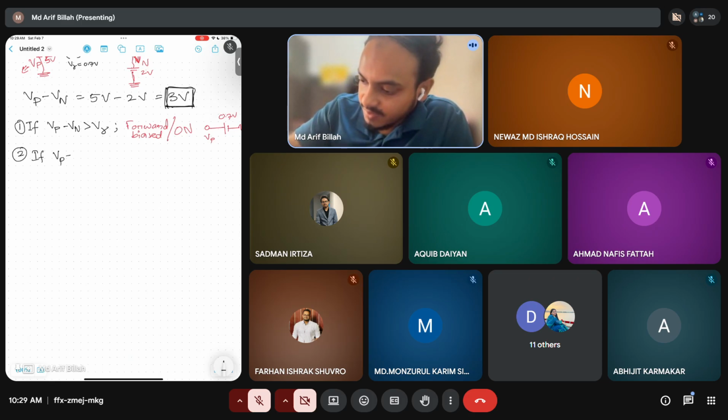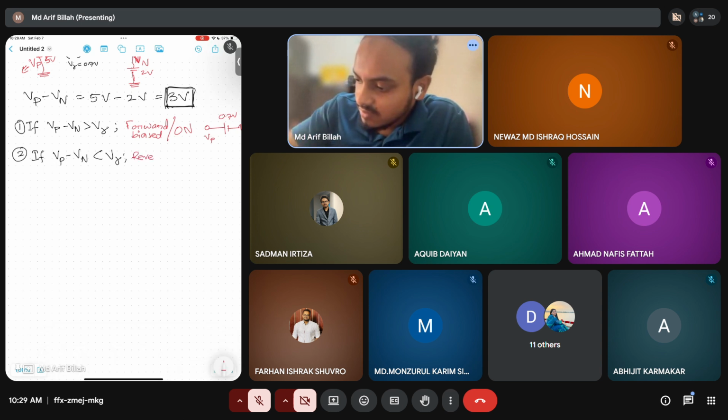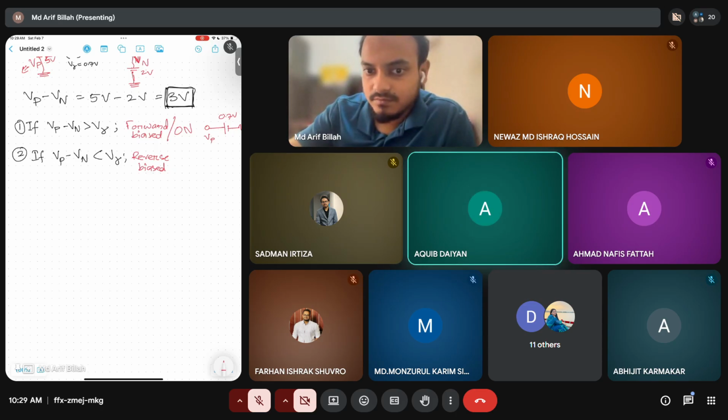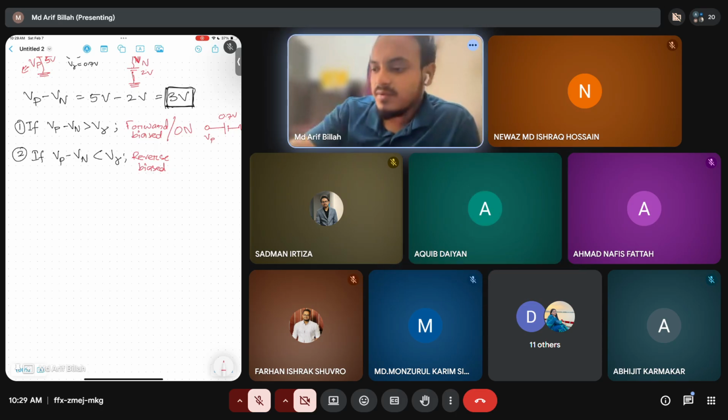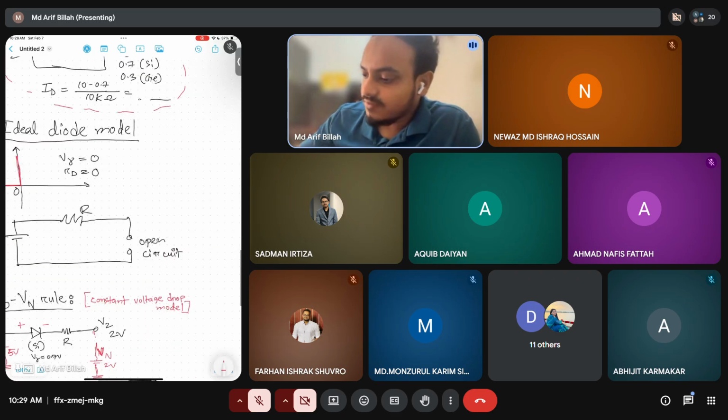If Vp minus Vn is less than V gamma, তাহলে কি? The diode is reverse biased. স্যার আরডি হবে না একটা? Remember, this is the constant voltage drop model. And constant voltage drop model, we assumed